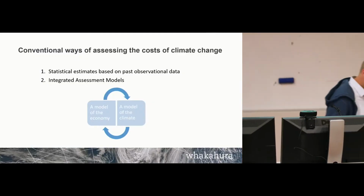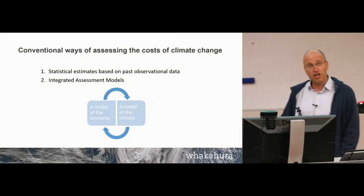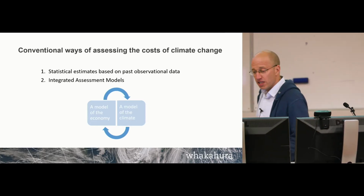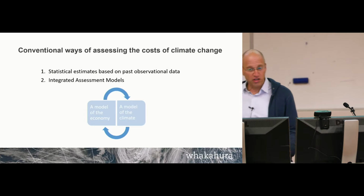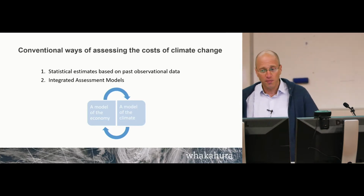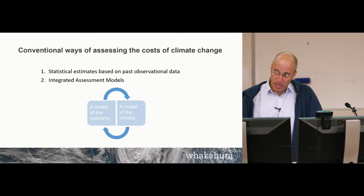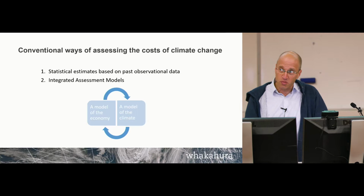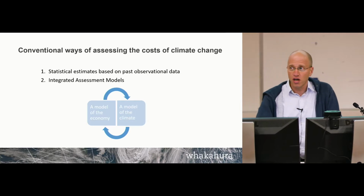What I want to focus on is generally how we assess the cost of climate change and why I think that the current assessments of the cost of climate change are underestimating the costs. And Belinda will focus on a specific case study for New Zealand and one specific channel through which climate change